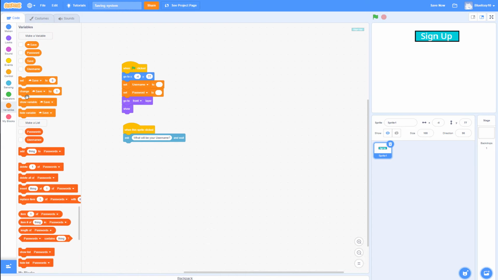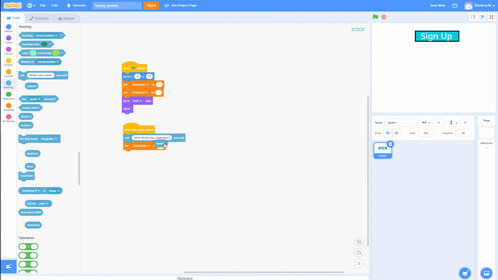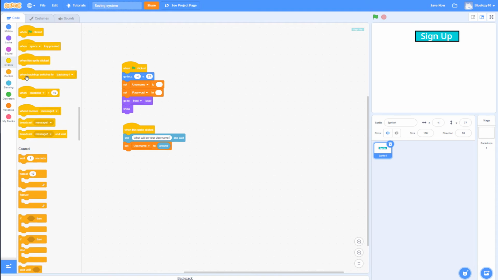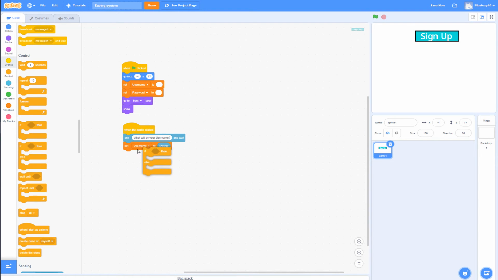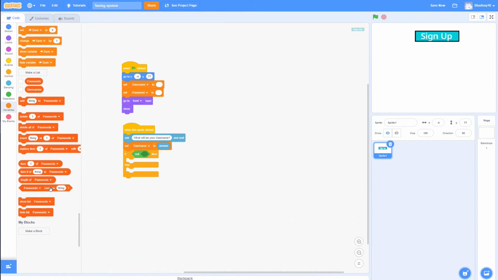Set username. Set username. Nope, not save. Set username to answer, which is under the ask block. So set username to answer. Then we're going to go to control, drag in an if else statement. Well, why should I just say where we're going? This is not really a tutorial for beginners. I'll probably do that in the future if you guys want me to. But if not,